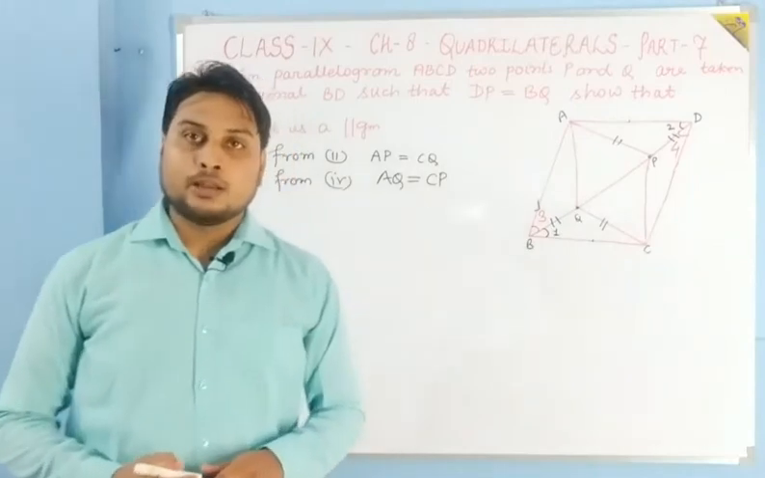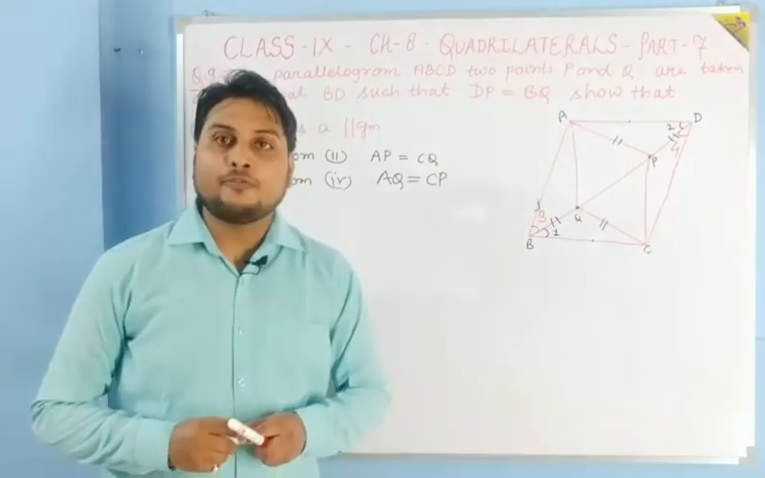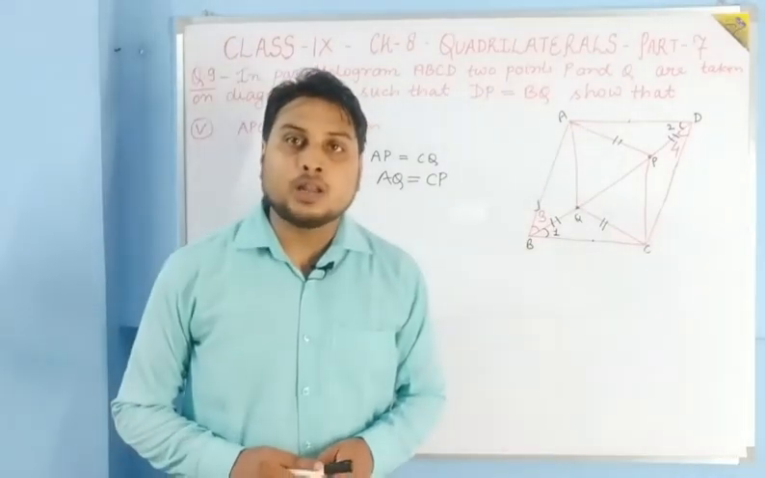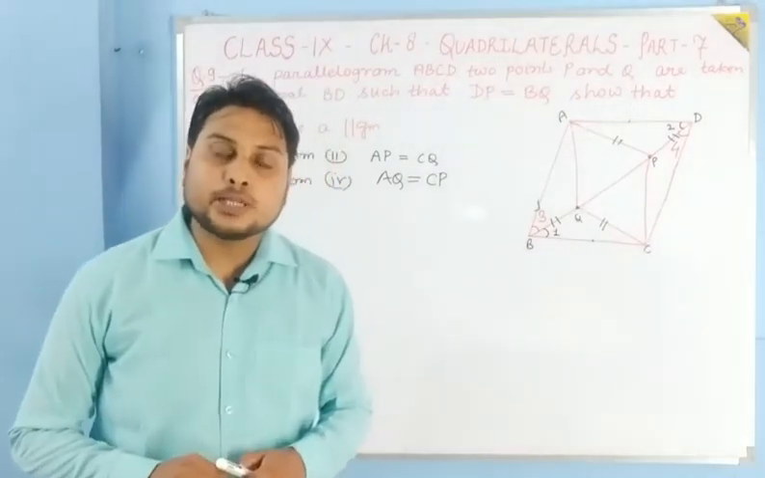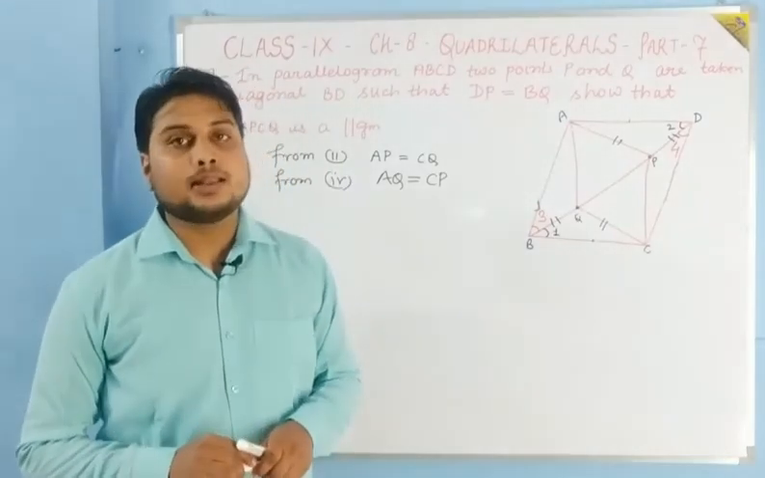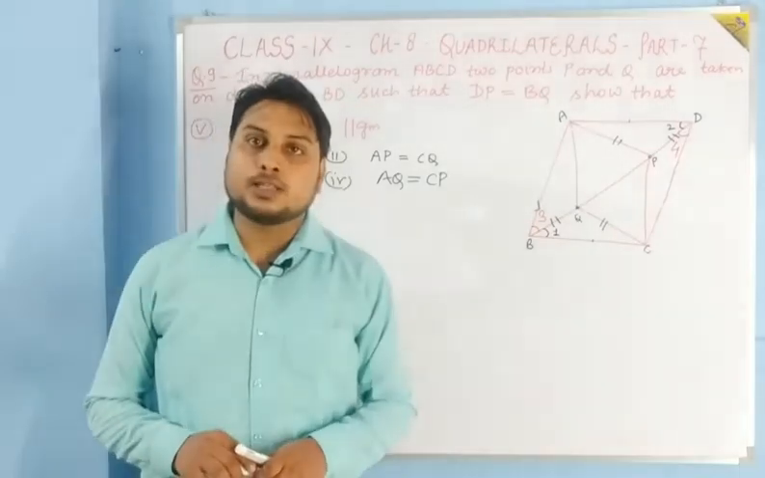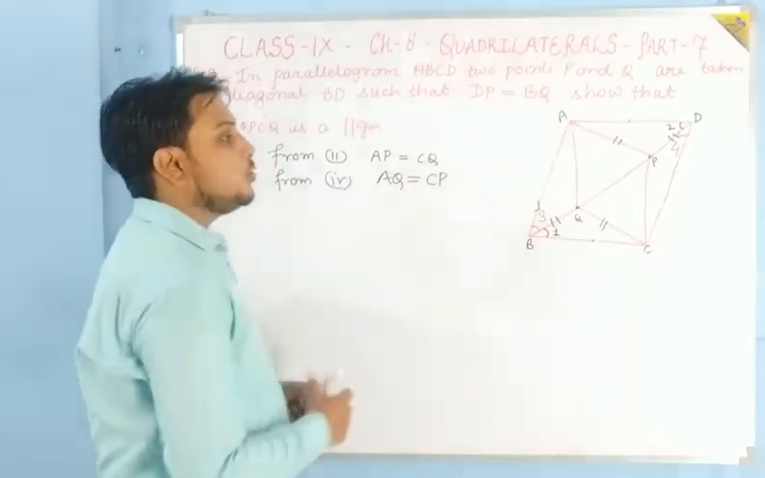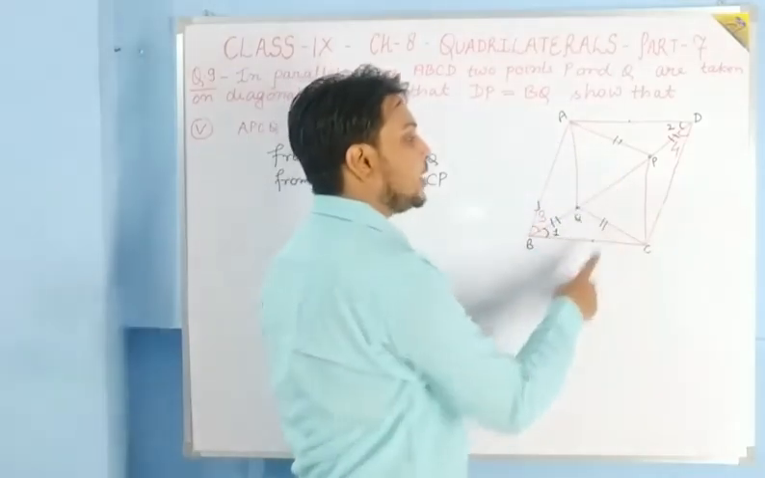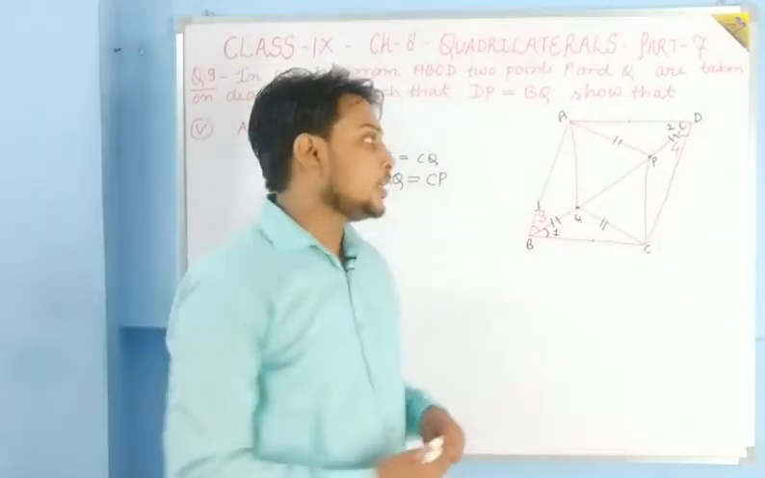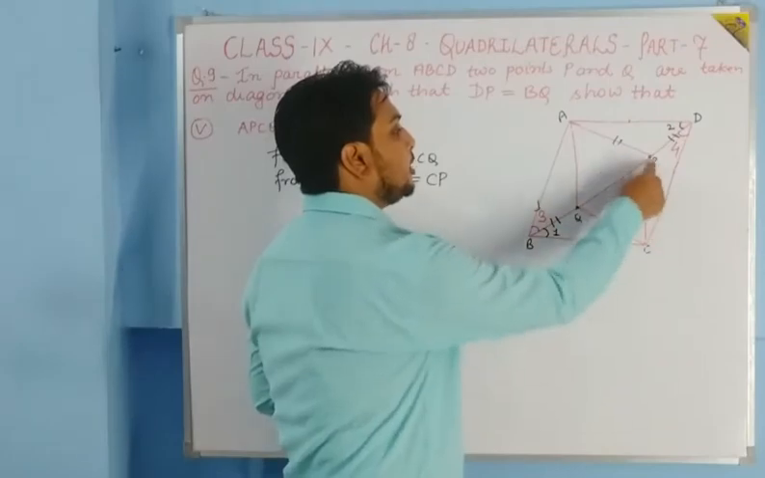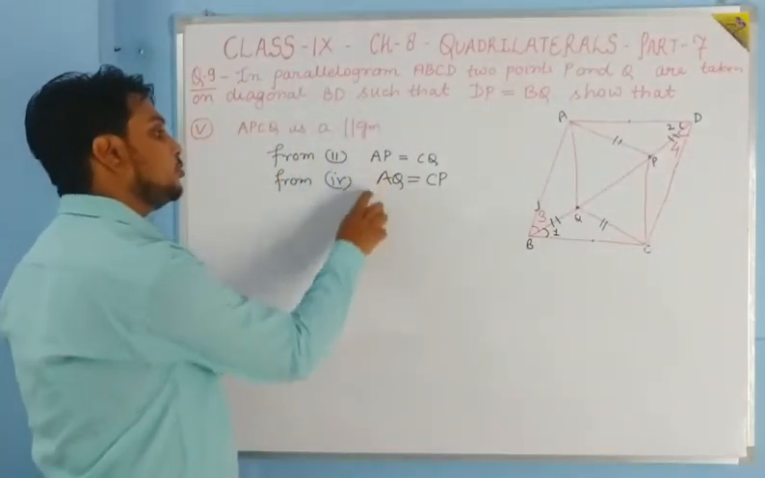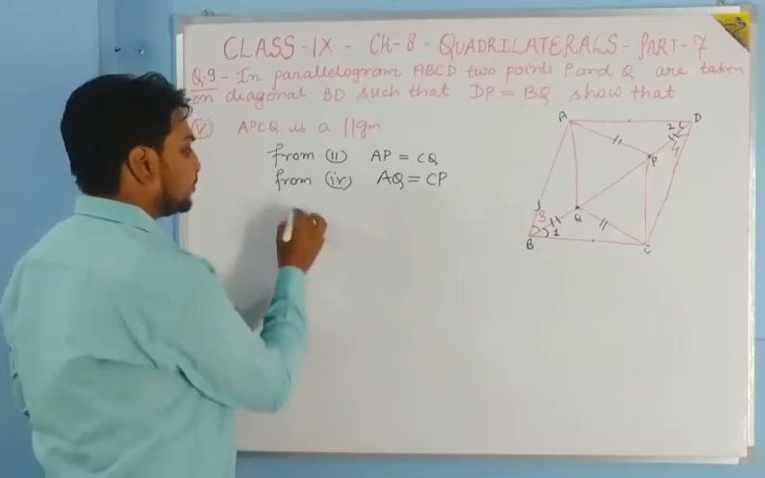So students, when we were studying the properties of parallelogram, I told you that if in a quadrilateral both the pairs of opposite sides are equal, then that quadrilateral is a parallelogram. So here AP is equal to CQ, meaning this side is equal to this side, that is the opposite pair of sides, and AQ is equal to CP, that is also an opposite pair of sides. So from above